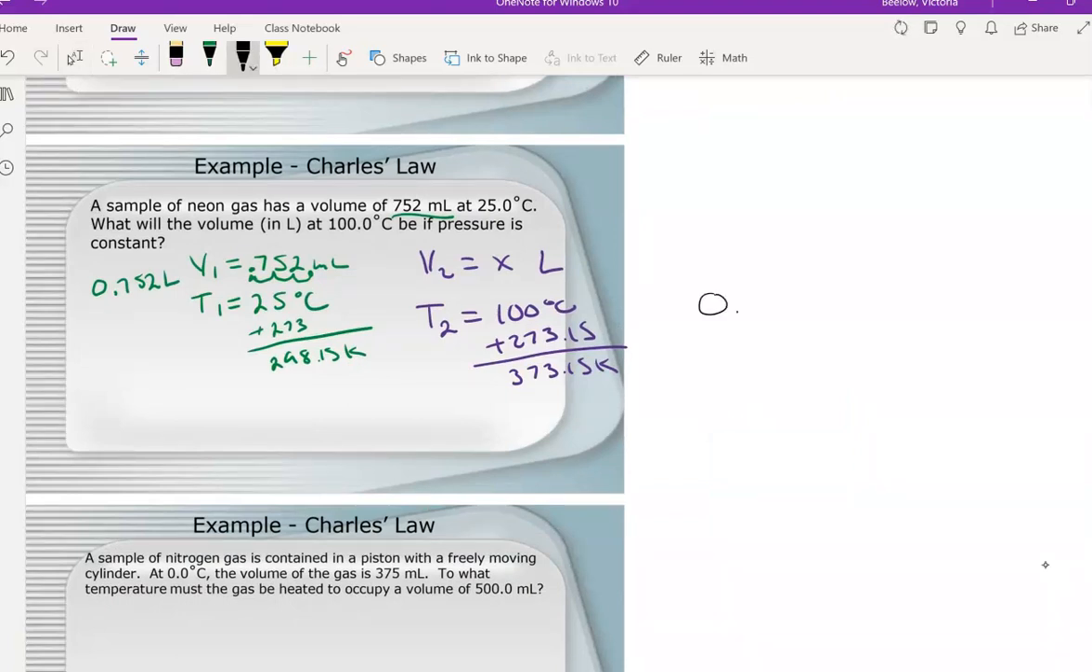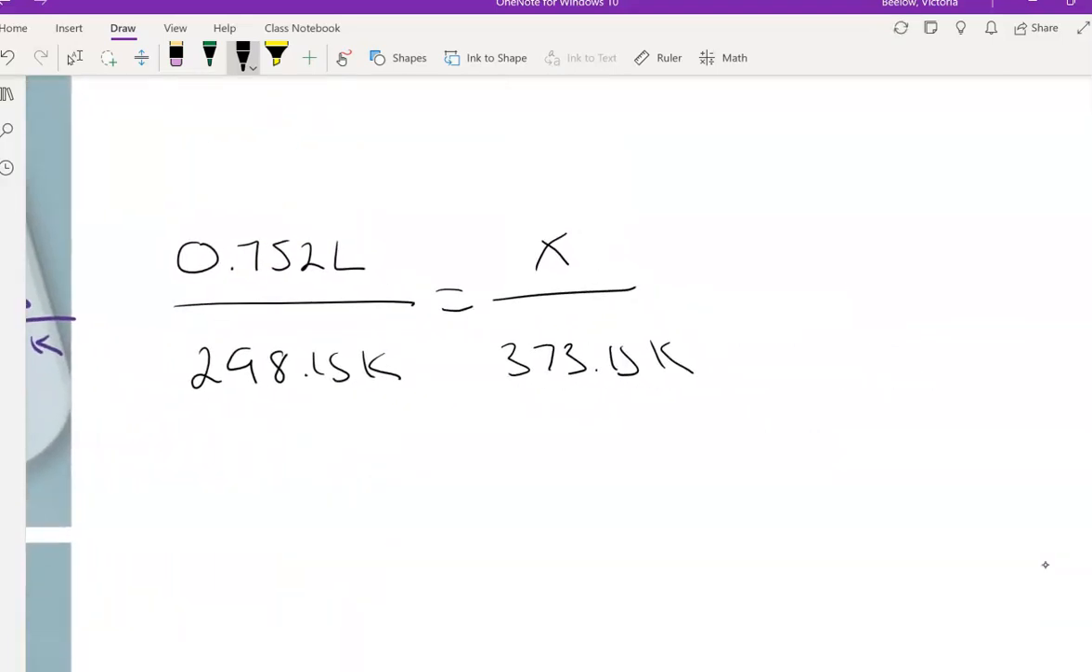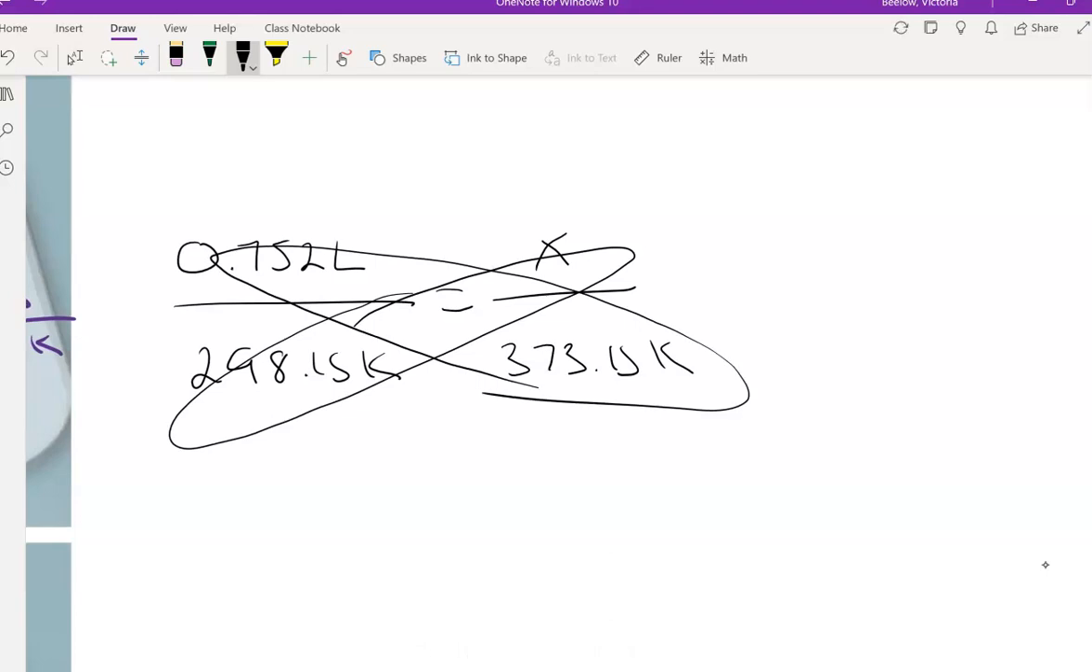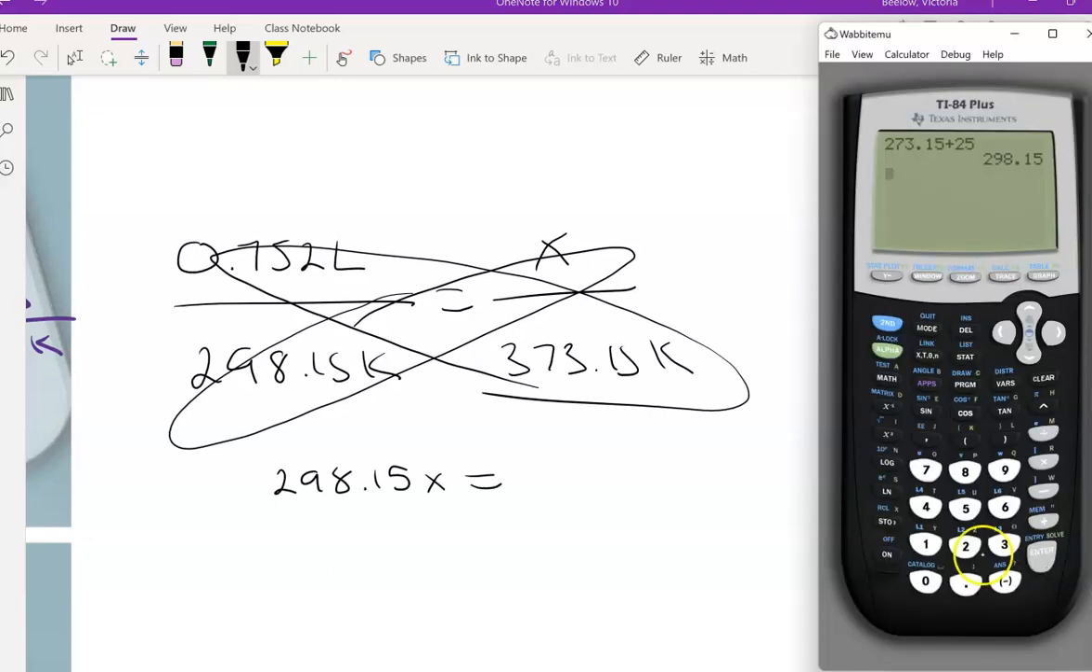So I have my V1, 0.752 liters, divided by my T1 equals my V2, that's what we're solving for, divided by my T2. All right, so again, these are both in Kelvin, which will end up canceling out. My volume is in liters, and that's what I want in my final answer. So to solve for x, I have to cross multiply. So I would have 298.15x equals, and then we have to do the 373.15 times 0.752,